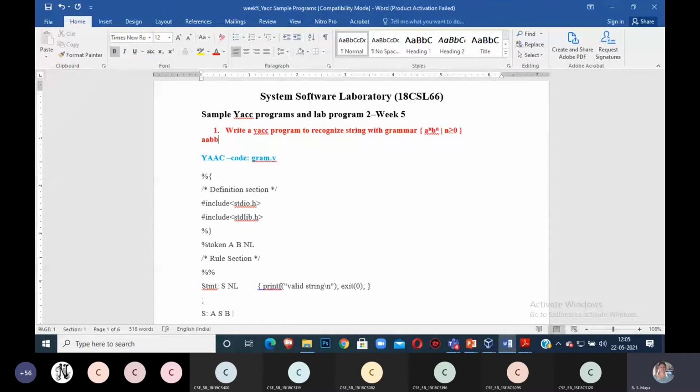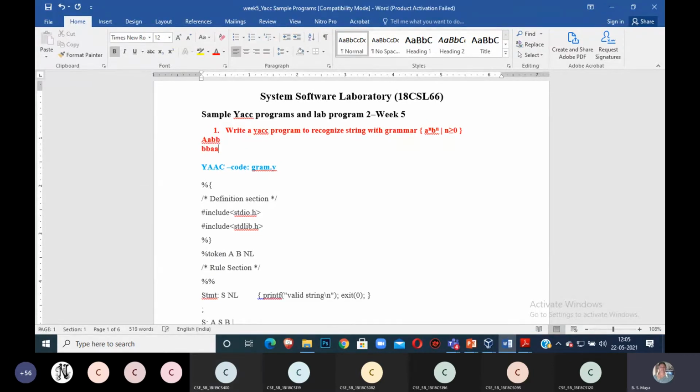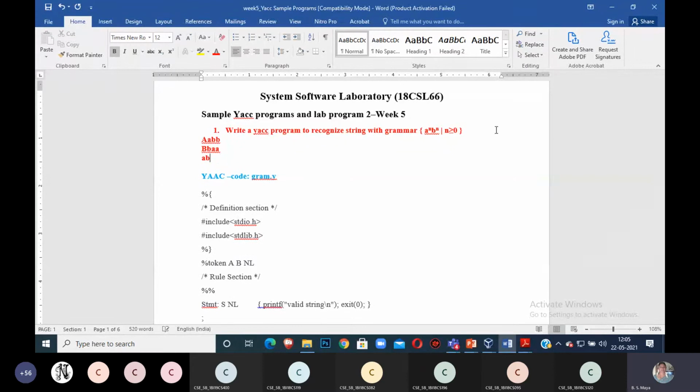A to the power of n, B to the power of n. You studied this last semester for all those languages. A to the power of n, B to the power of n has an equal number of A's and B's, with A followed by B. Can you accept B, B, A? No, ma'am. Can you accept A, B? Yes, ma'am. A, B, B, A? Equal number of n? No, ma'am. You got it now?